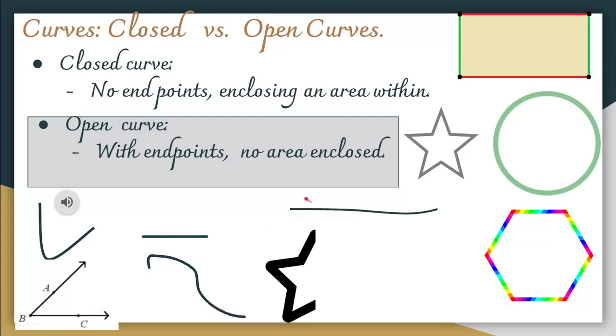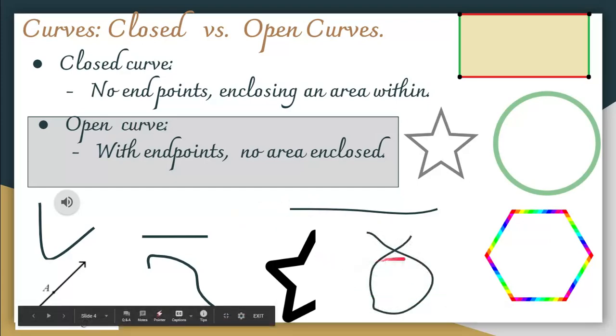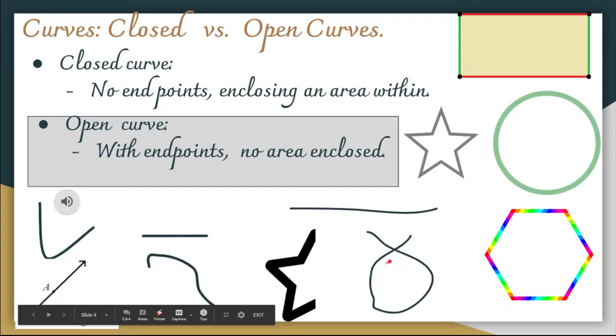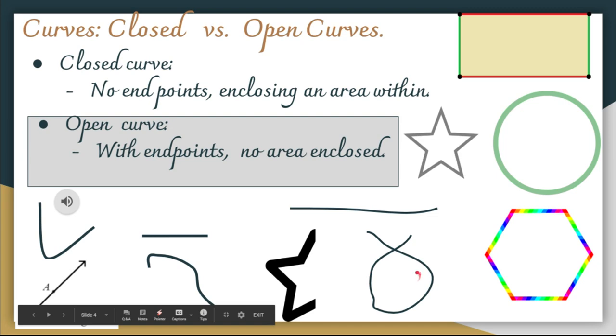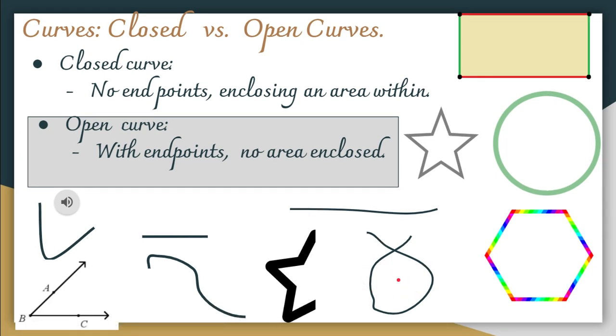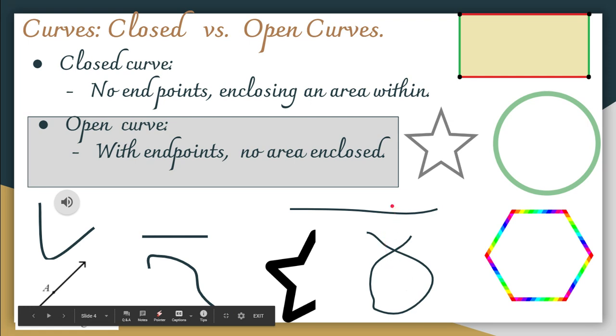Yes, but the moment you fold the rope and form a loop like this, what happens? You do not see the starting and end point, right? Now it encloses some area also, isn't it? So what shape is it now? Now it's a closed curve. So this is how we have distinguished between an open curve and a closed curve. Clear? What is an open curve, what is a closed curve, and the difference between them. Clear? Okay.